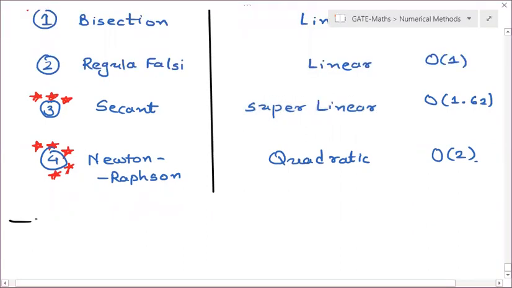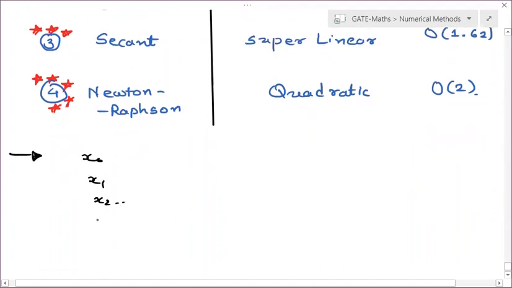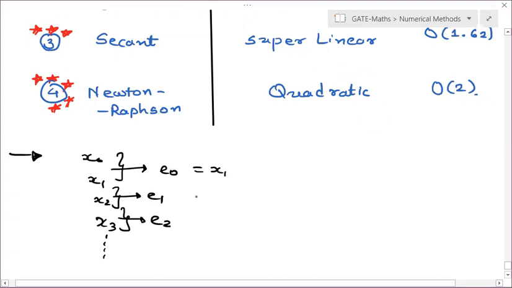If I tell you about order of convergence in a little bit detail, so this order of convergence is defined as, you all know that we are going to take iterations over here, isn't it? X0, X1, X2, X3, so that these iteration values will converge to our root. So the error between these two values, X1 and X0, is called your E0, right? This error is called your first error, that is E0. This error is called your E1. This error is called your E2, right? Error is exactly exact minus approx. See over here, this is my mistake, sorry.